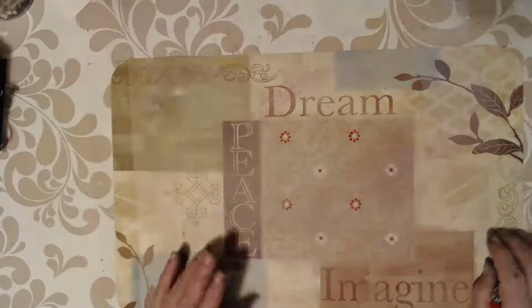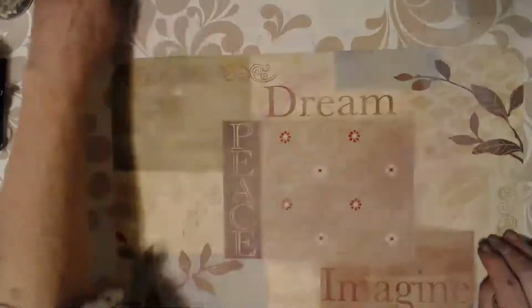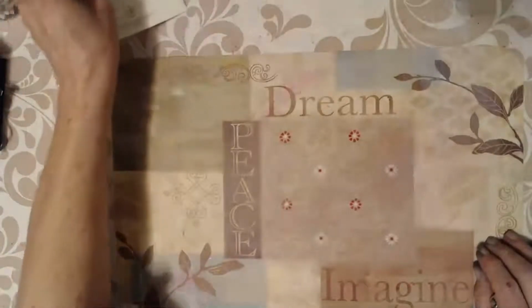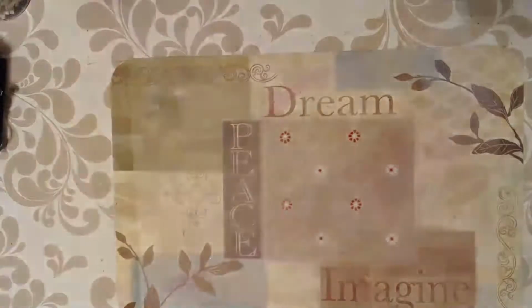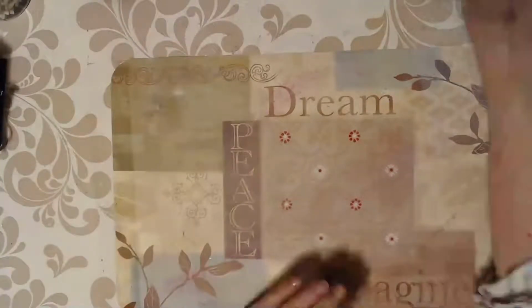And I think it's really going to look good. And then I'm going to do the Immortal Love journal, because I asked Maddie if she would wait until I got mine done, and she said she would be glad to. And bless her heart, I appreciate that, because I had that pad for a long time and have had plans for it, and I really, really want it to be